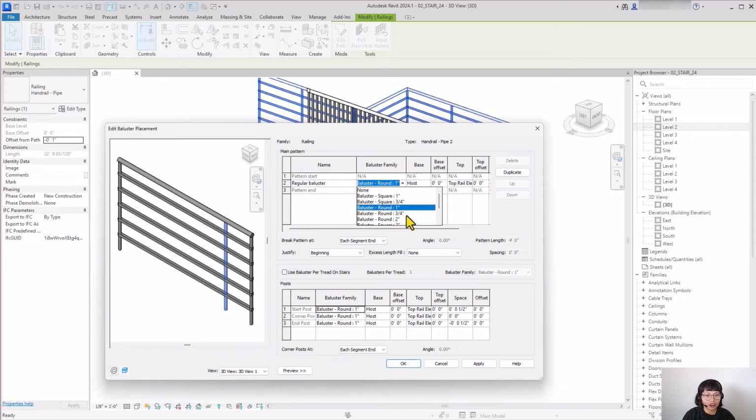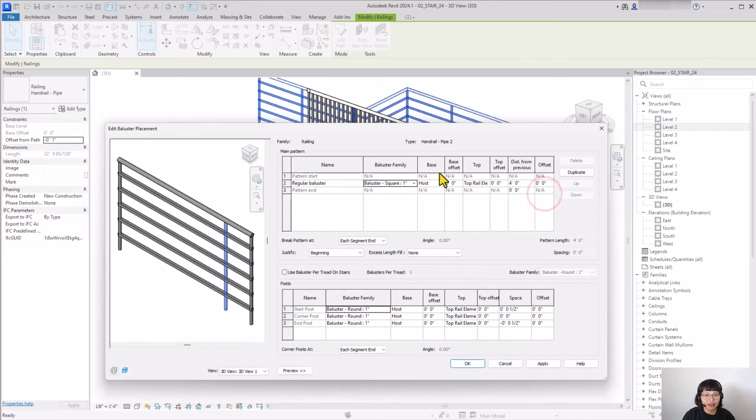So let's also change that to a square 1 inch. You can change the base and type of host of the base. We can have an offset and other different parameters to even customize how you want the main pattern of your baluster. And in the bottom part right here, it's going to ask us to change the start post